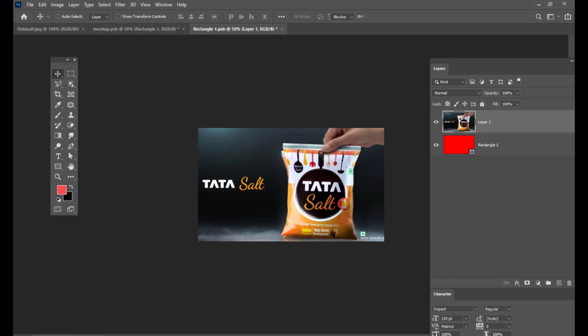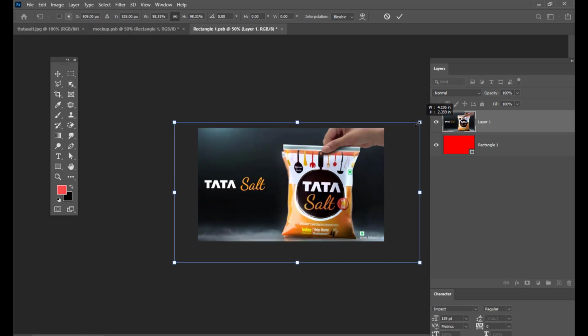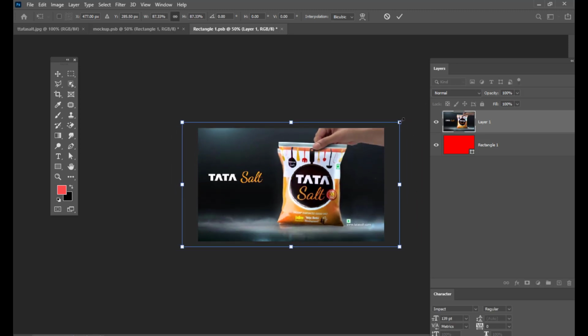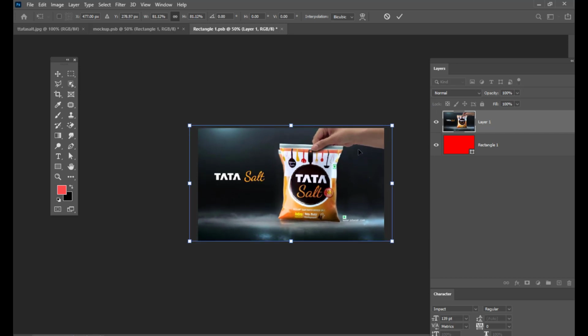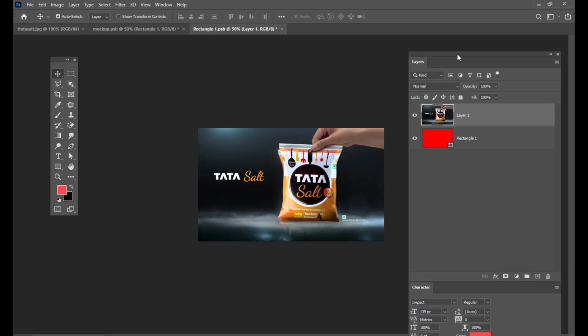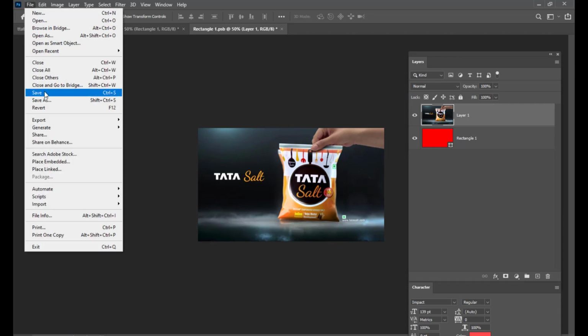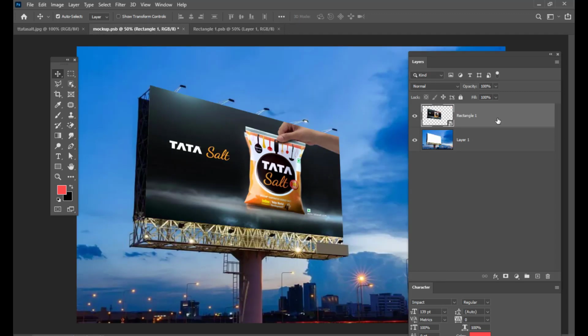Now adjust it properly and fit the image so that you can see the entire image here. Then all you have to do is save it. That's it. Then come back to our original file. See, we have created a mockup.